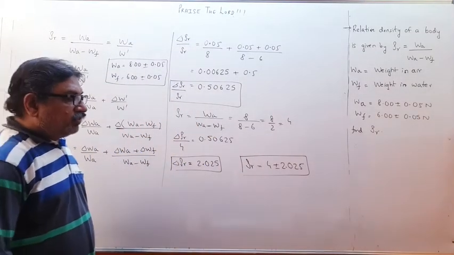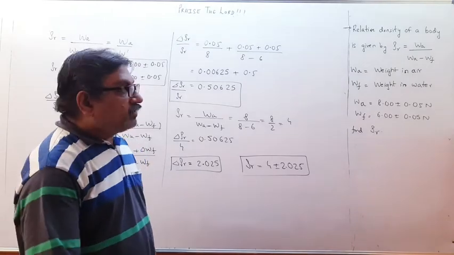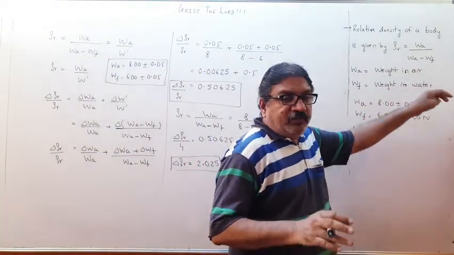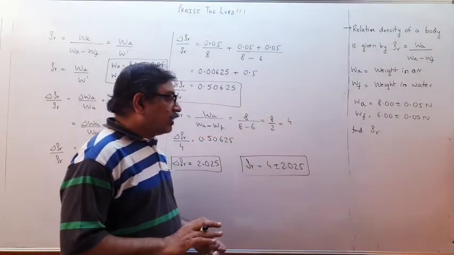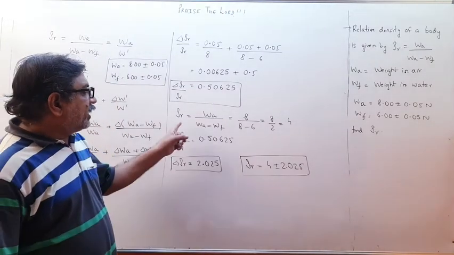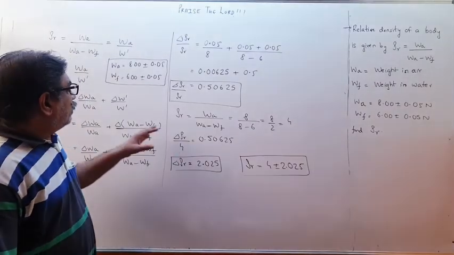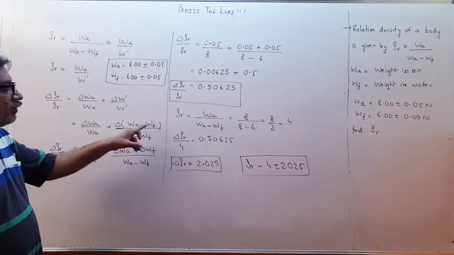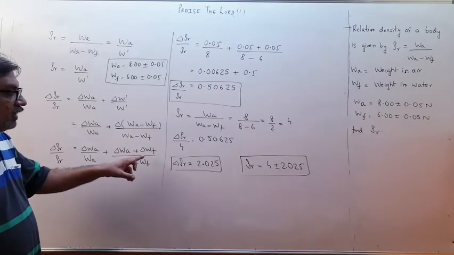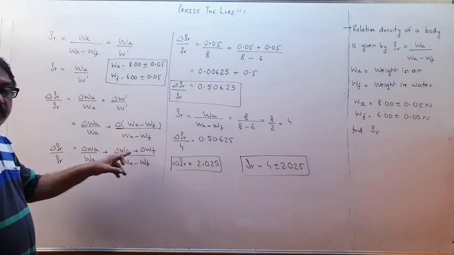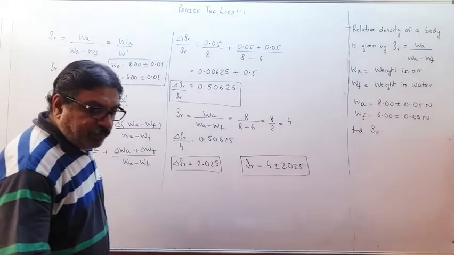Okay, so it is relative density. It will have no units because weight upon weight will get cancelled out. So no units for rho r. Please understand. So therefore I don't write any units for rho r over here. Okay, children. Please take care about here: delta into x minus f will be delta WA plus delta f. This is the critical point in this sum. Please remember, children, nicely. Please pause and copy, children.